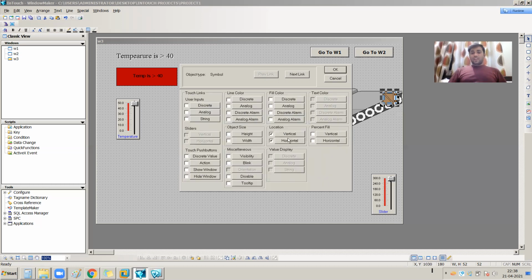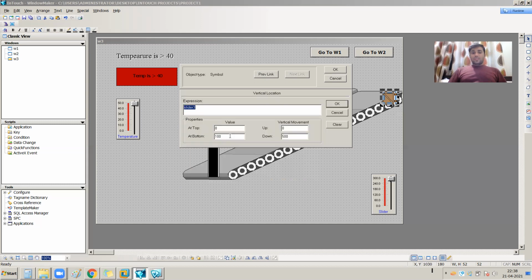And for vertical, the top value is 100, and the bottom side end value is 200, because I am right now helping the value from 100 to 200 of my slider.